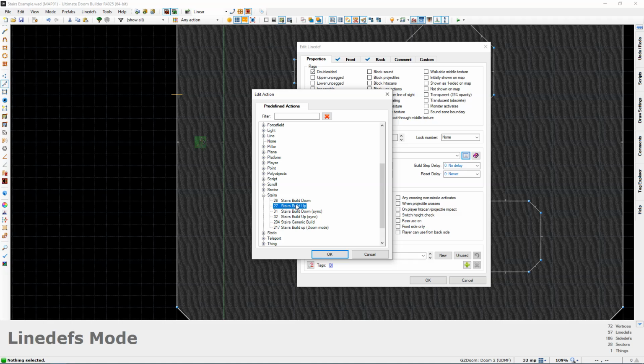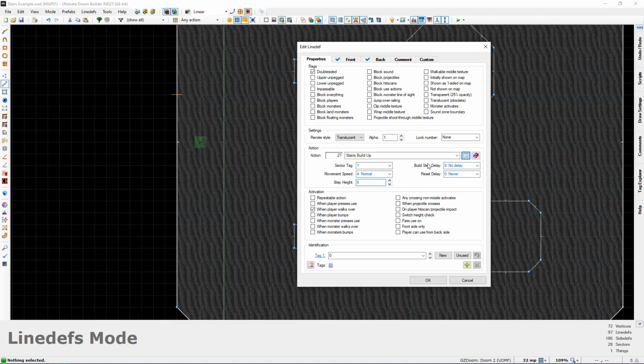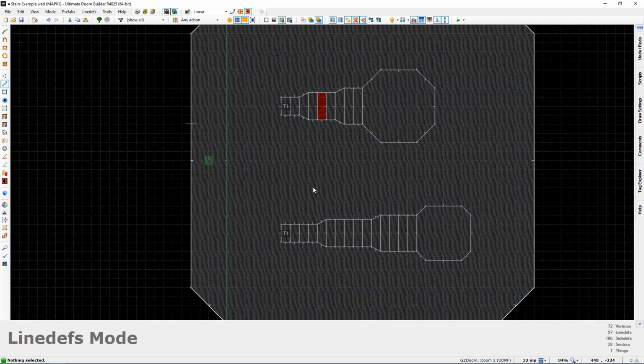The amount of time that it takes to build is going to depend on how many steps they have, and of course what sort of individual settings you choose, like the build step delay, etc. So those are the 4 types of stairs. Again, you have the Doom format, the Boom style, the Hexen style, and then the Hexen sync style. I guess you could technically group the Hexen sync style in with the Hexen style, so maybe you could say there's really only 3 styles of stairs,